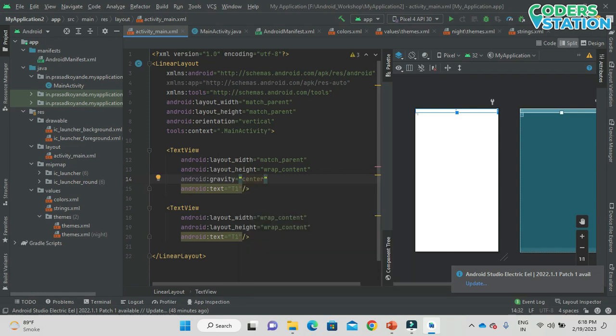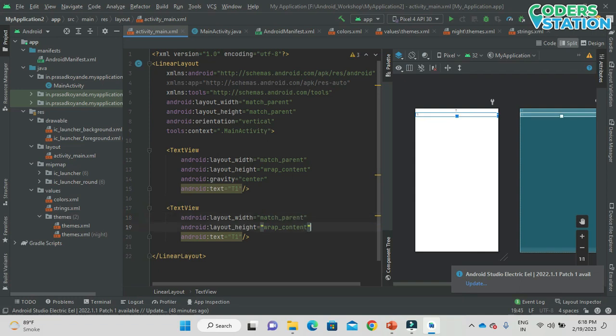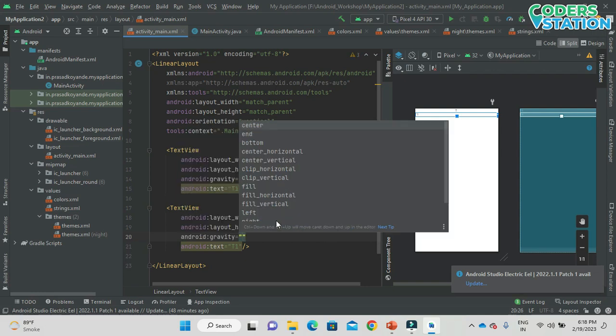The text will be displayed in the center. So the same we will do for the next view that is there. So match parent, we will say gravity as center. Okay,